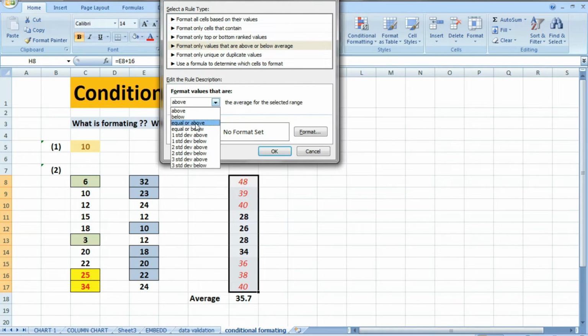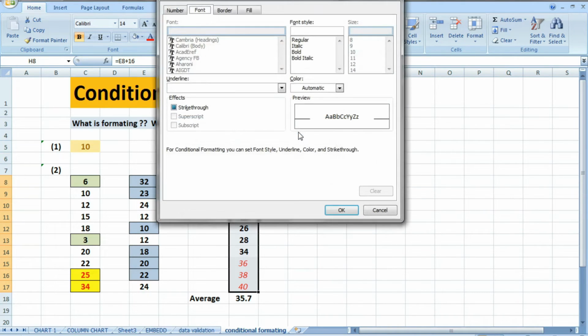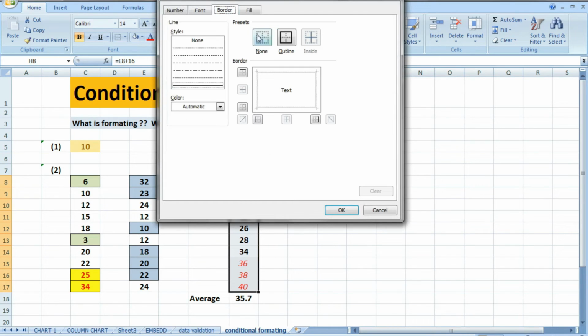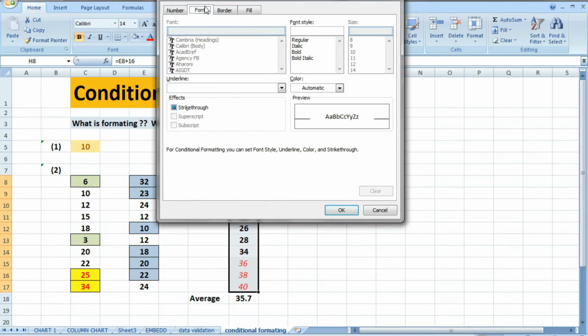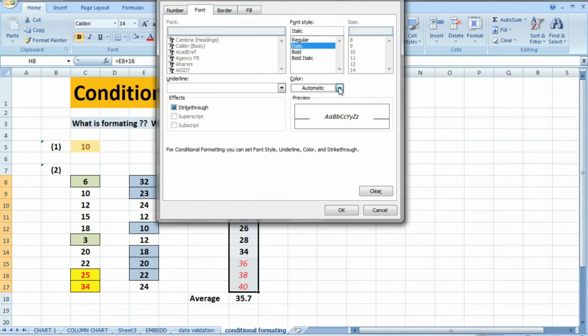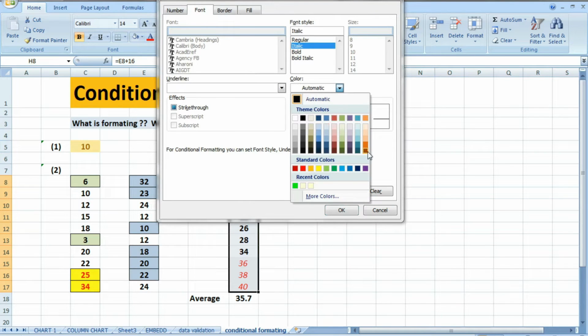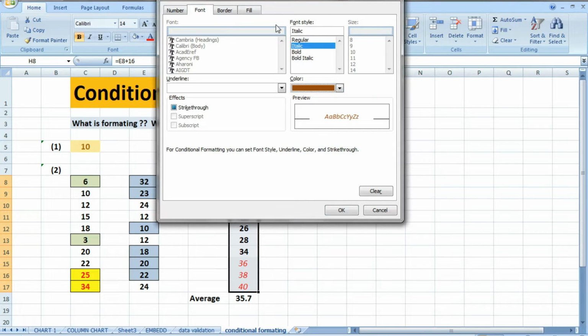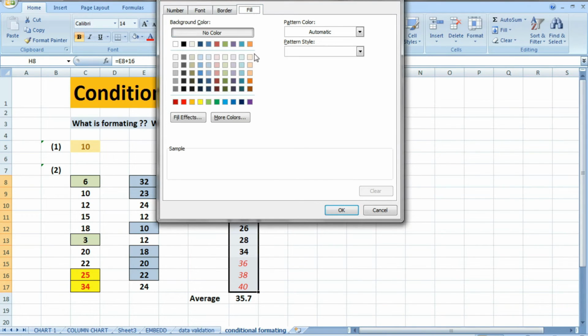Now below average values should be: border should be like this, font should be italic, font color like this, dark, and fill with a light color.